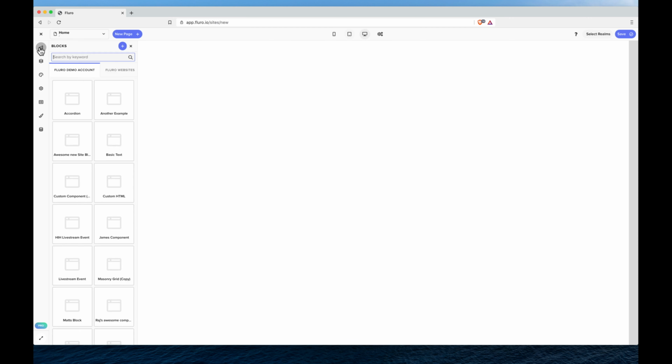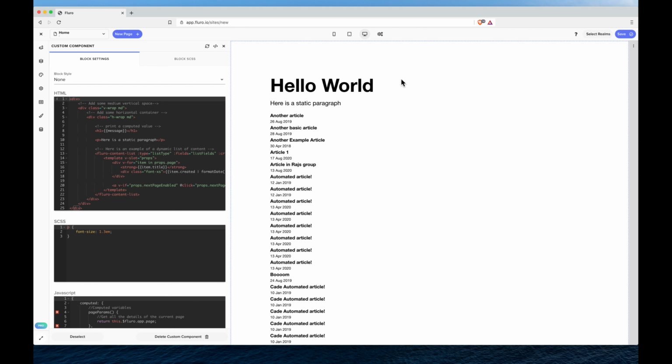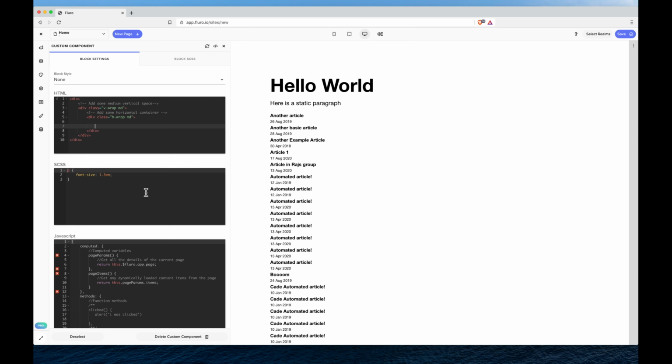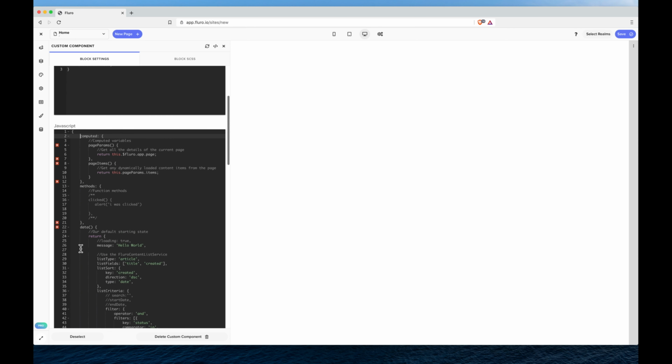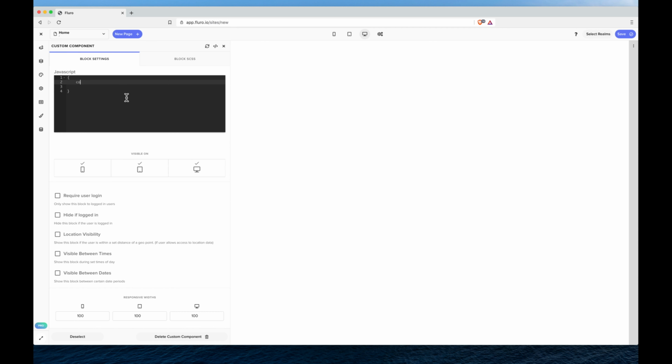And I'm going to click the blocks. I'm going to search for the custom component block. I'm going to drag that on the screen, and here we've got a bunch of stuff spitting out the screen. I'm just going to get rid of that. We'll get rid of all of the other junk in here, and I'm just going to write a computed object, write a service. We'll just call it our articles, like this, and we'll return this